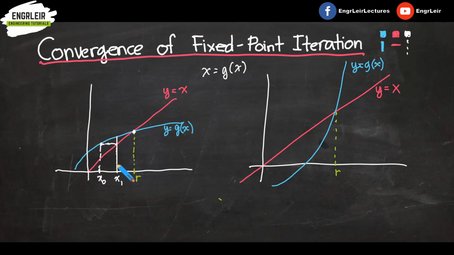And then, again, isa-substitute ko siya doon sa blue. Yan ang magiging value ng x second iteration, and so on. So, kung mapapansin mo, papunta doon sa root yung fixed point iteration ko. This is the graphical representation of that. Now, in this case naman, so ito yung convergent, no? Ito yung convergent. Nagko-converge